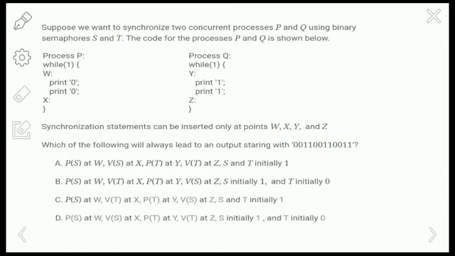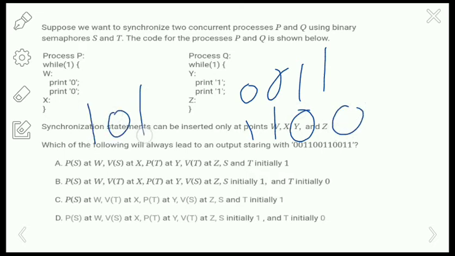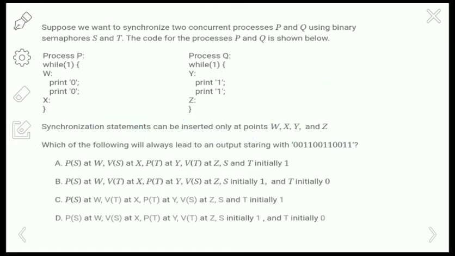Okay. So here there are two processes P and Q, which access the critical section simultaneously, and these two processes run concurrently here. Concurrently means any kind of string can be printed, like 0 0 1 1 or else 1 1 0 0, or 1 0 1 0. Like this, any kind of string can be printed. So that's why we should not allow both processes to run concurrently. Here the output string starts with 0 0. That means the process P has to execute first.